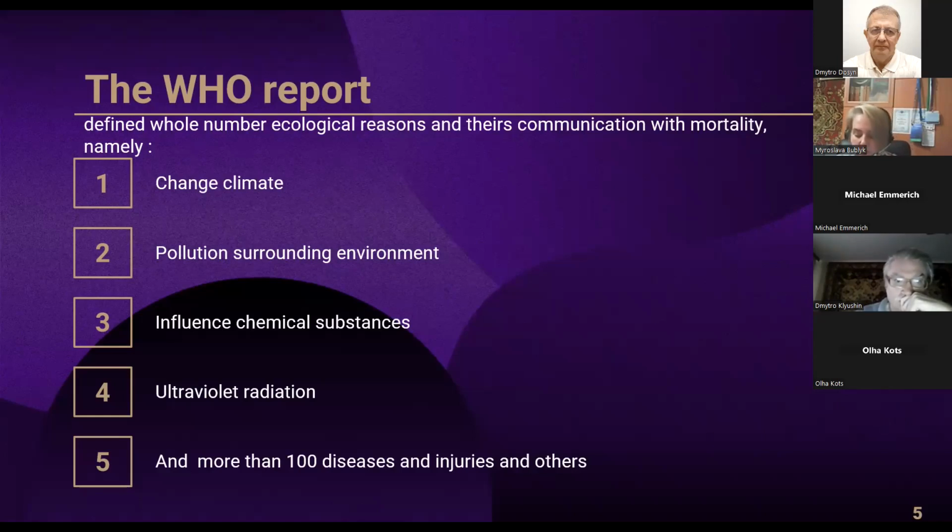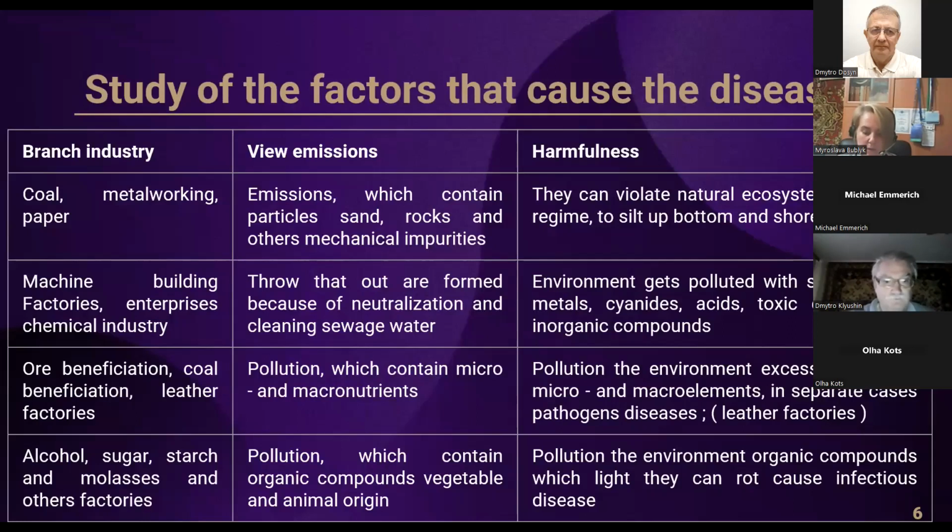You can charge 8 million cases of death, including the influence of secondhand tobacco smoke, with response by cardiovascular disease, cancer, and chronic respiratory disease. On this slide, you can see the classification of factors which cause the disease according to